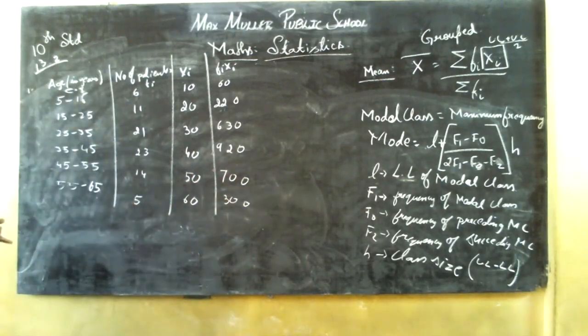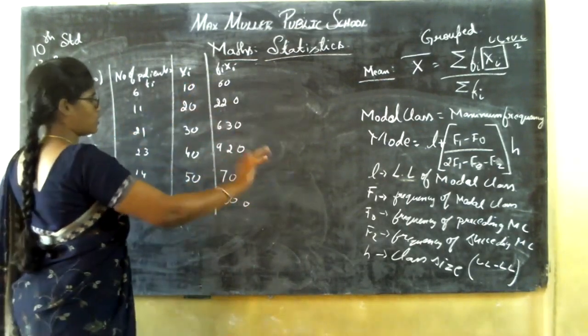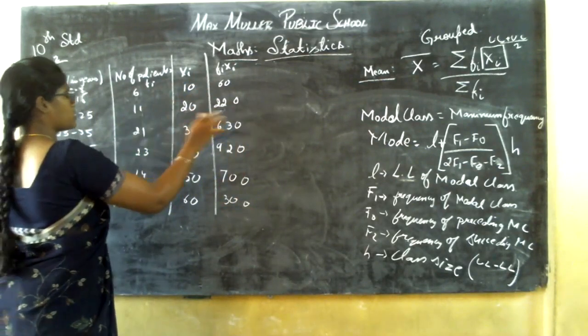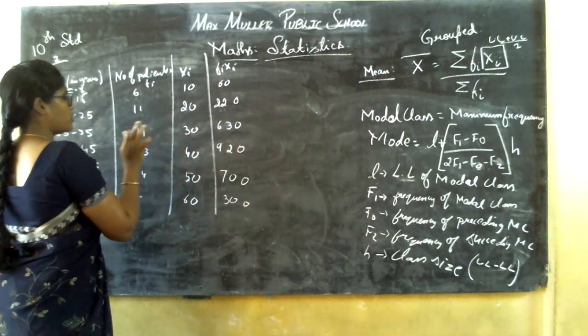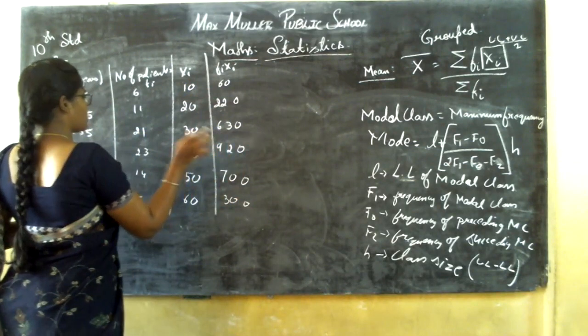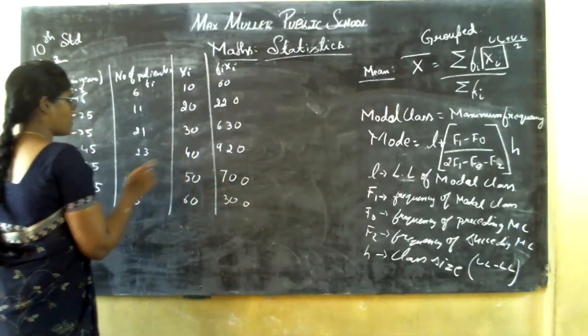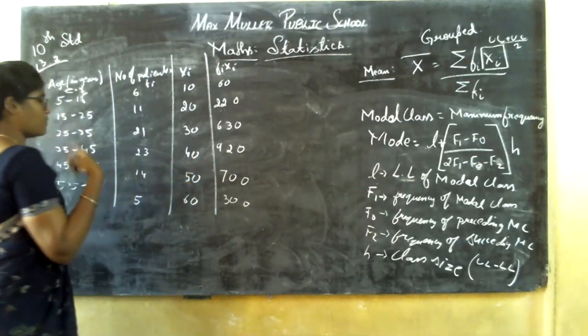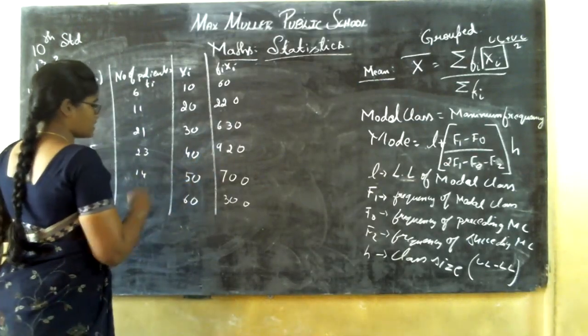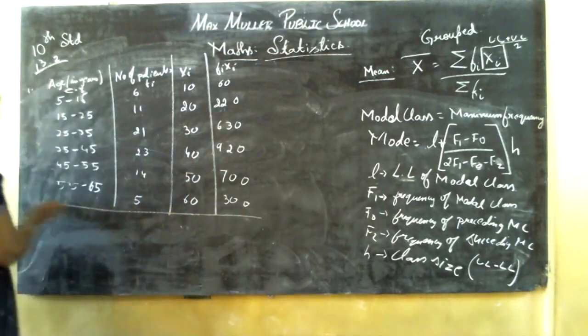Correct? Check once. So, you have initial zeros, okay. 2 into 11 is 22. Then 3 into 21: 3 1s are 3, 3 2s are 6, 4 3s are 12, 1 carry, 4 2s are 8, plus 1 is 9, 5 4s are 20, 2 carry, 5 1s are 5, plus 2 is 7, 6 5s are 30. Yes, everything is perfect.